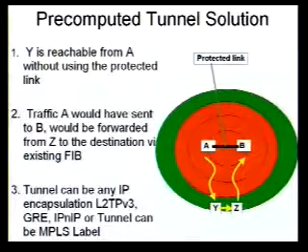Then Z can reach B and all of the other destinations that were previously reachable via B. And when this happens, when you have the failure, A encapsulates the traffic with the label for directed forwarding and sends it to Y. Y takes off the IP tunnel and looks at the label and says, oh, this switches to Z, sends it to Z, and then Z sees an IP packet and it forwards it according to its shortest path.